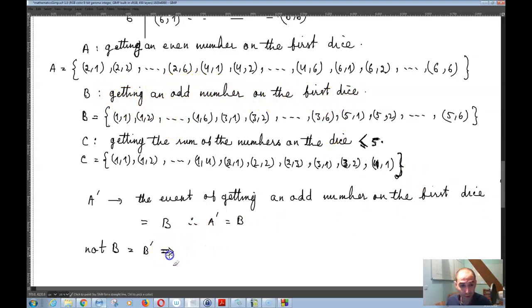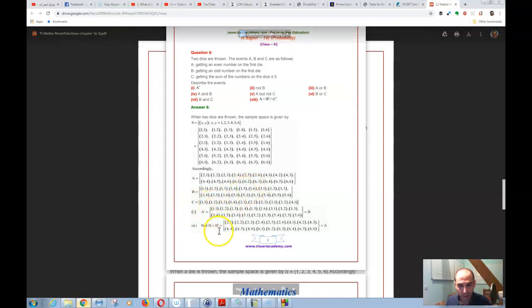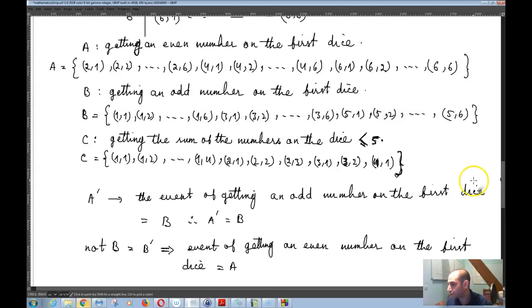That means that B prime denotes the event of getting an even number on the first dice, which is, by the way, equal to A. And if you take a look at the solution here, we can see that not B is equal to A. Okay. So now the next thing that we have is